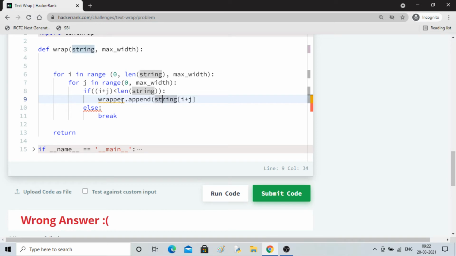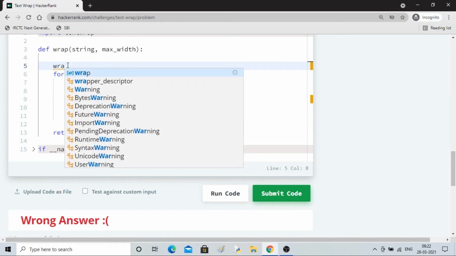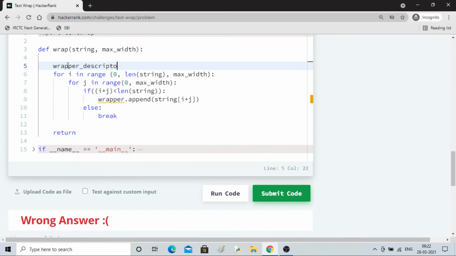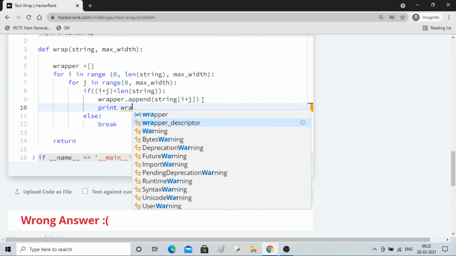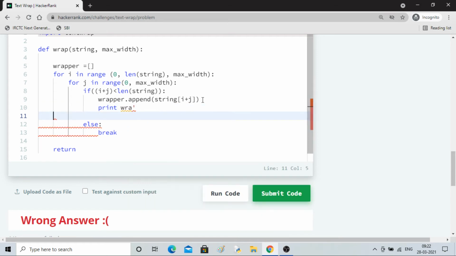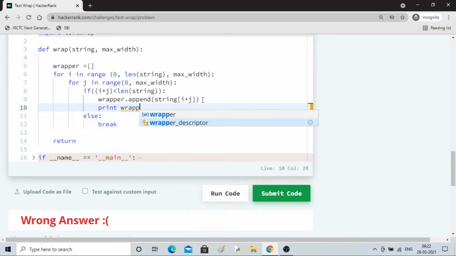I'll append in a new array, wrapper. So now here we can print and we can see how it looks. Wrapper.